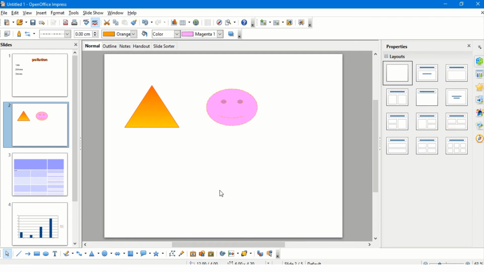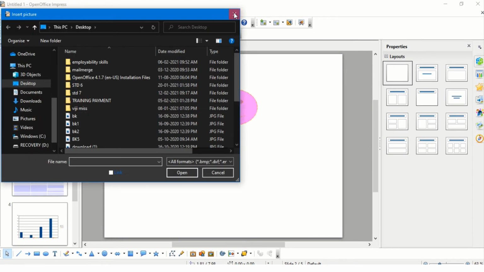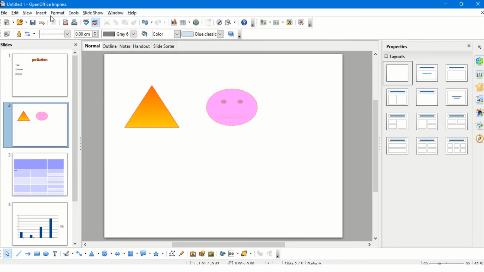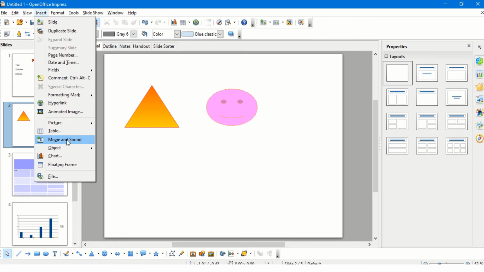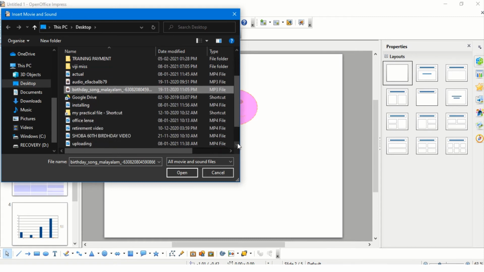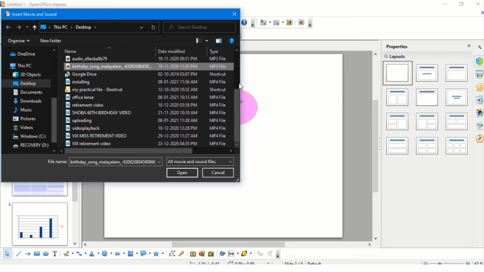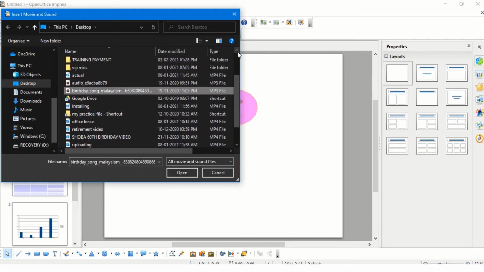Now in the same way, as I told you, we can insert pictures from files. I already explained that, and along with pictures, I can also insert audio, movies and sound clips. Let me see.